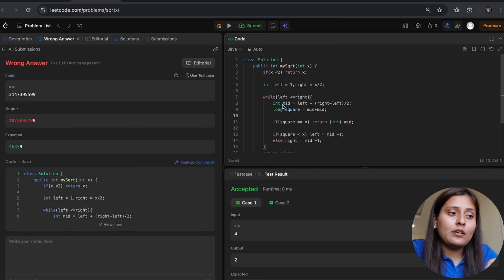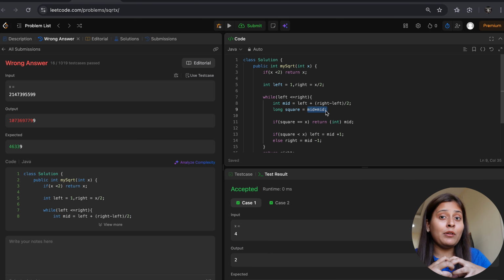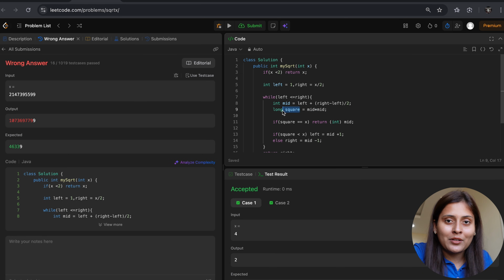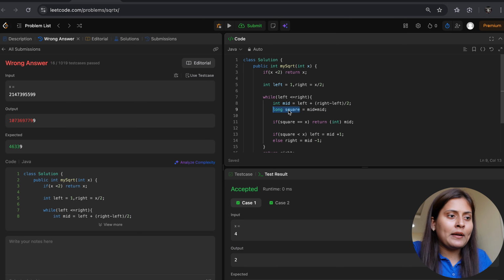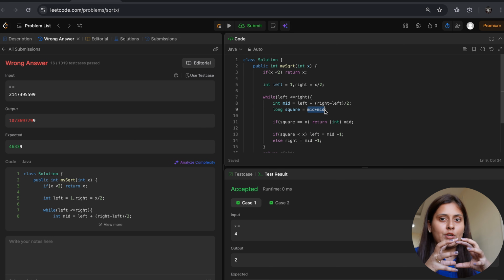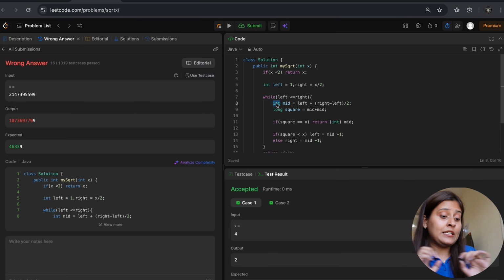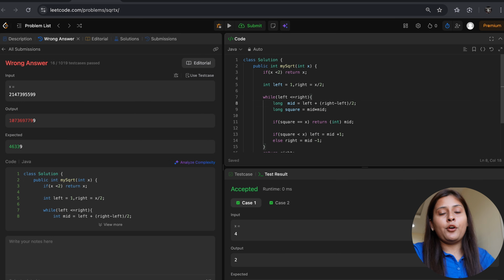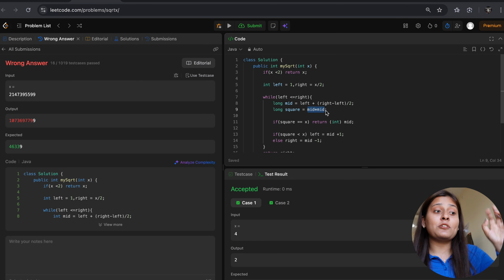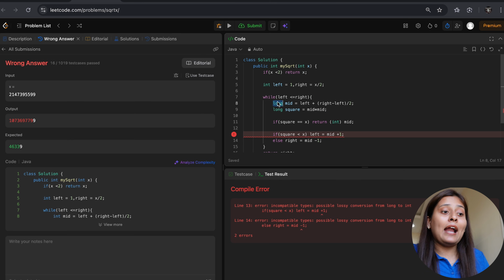Because you can see mid is an integer, and when you multiply this integer and integer, it will become a large number. Correct? And that large number needs to be stored in a long variable. Yes, you stored it, but don't you think when you multiplied only the integer into integer, it got overloaded, and that alone mid is handling, and that is not possible with integer. Hence we need to change this mid to a long data type as well. Why? Because this mid and mid got multiplied first, became a very large number, and that was not possible to handle by integer of mid. That is why we have to write long of mid.